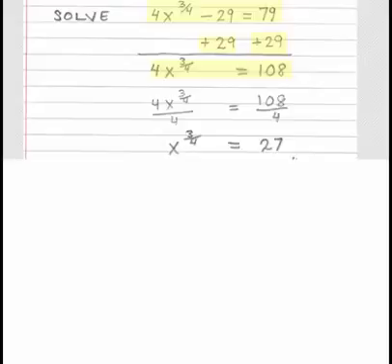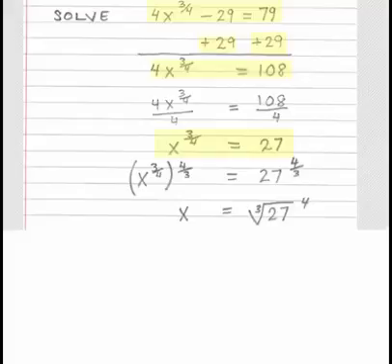And when we divide the left side by 4, the 4's cancel. On the right side, 108 divided by 4 gives us 27. So our simplified equation is x to the 3/4 power equals 27. Now to solve this, we take the 4/3 power of both sides. When we do that, the left side just turns into x because you multiply 3/4 times 4/3 and the exponents cancel each other. On the right side, we get 27 to the 4/3, or x equals the cube root of 27 to the 4th. And you might be wondering, why no plus or minus?